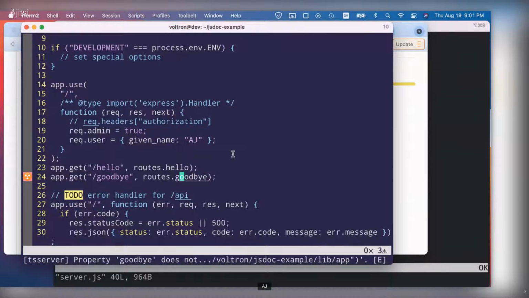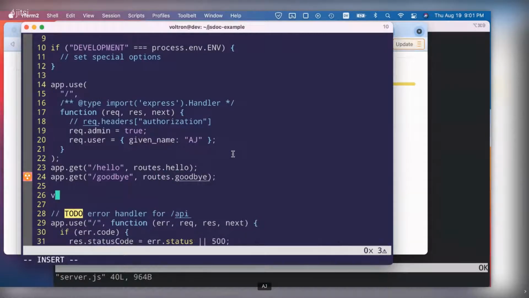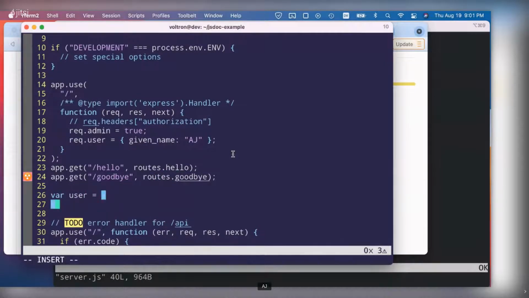But I'm going to put a couple more of the corner cases that I've encountered, and as I go on, I'll try to update this example so it's like, hey, when you have this problem where you need to overlay something on top of a module, here's how you do it. When you have this problem where you've got something in 2 different files and you need to share it, here's how you do it. One other thing that I'll do, just real quick, so I'm going to show user